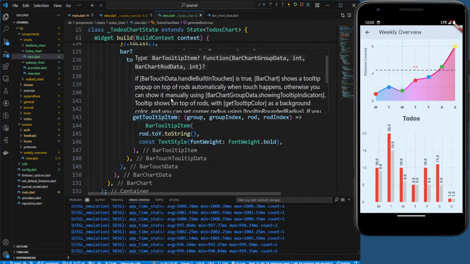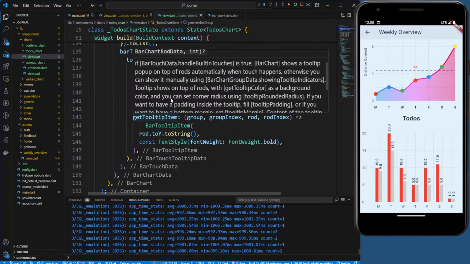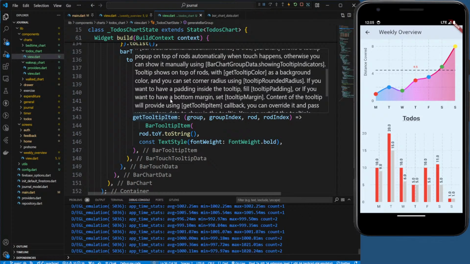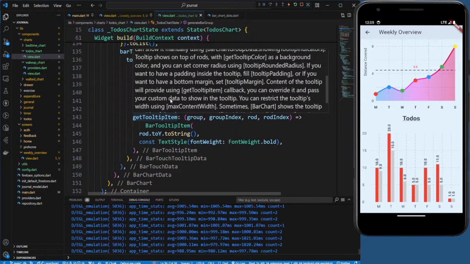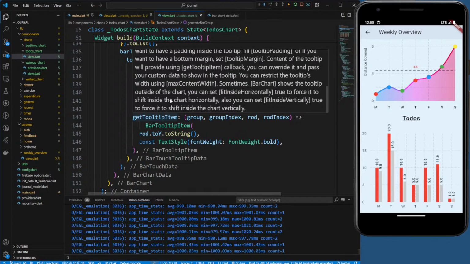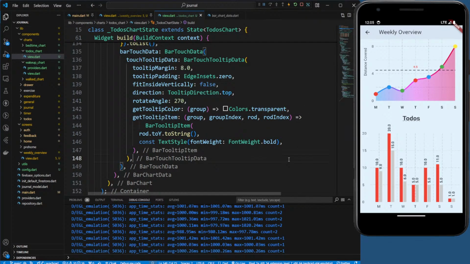Tooltip shows on top of the rod with the background color, and you can set the corner radius if you want to have a padding. Okay, so what we can do is, so